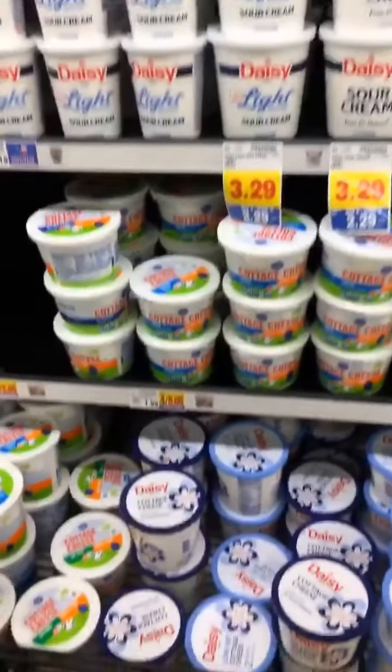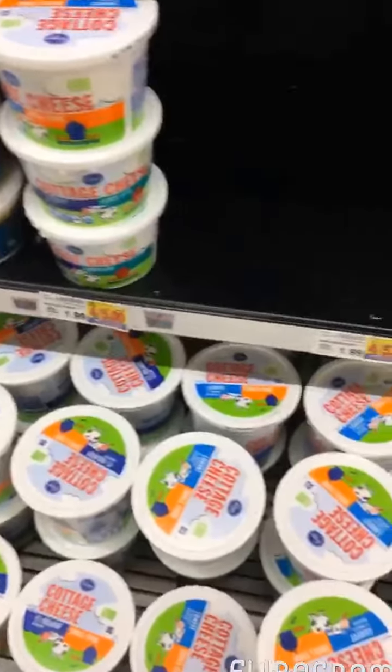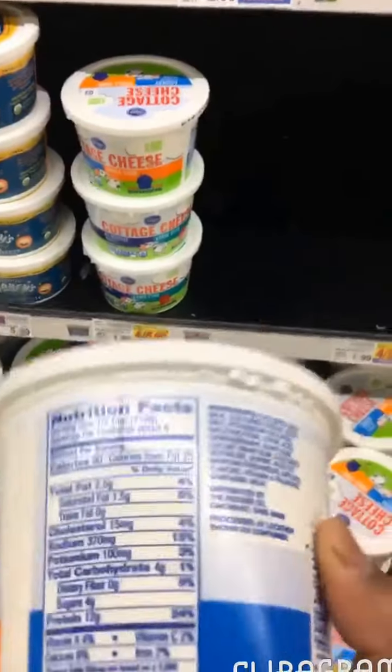Next up, we have cottage cheese, my friends. Not sour cream, but cottage cheese. Some people don't like cottage cheese, like my mom, but it could be a really great addition to your diet. You know, low fat, high fat. You see